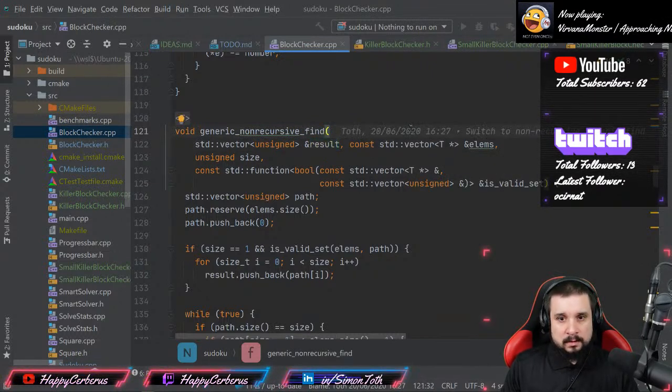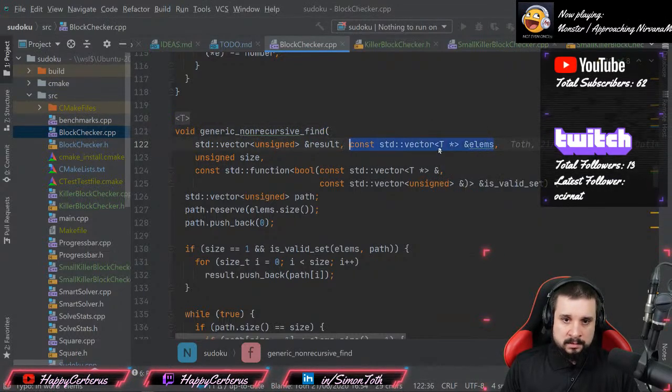Well, the tricky part here is that the number of elements is actually bounded. So how I use this function is that I'm always picking out of a block, a Sudoku block. But each Sudoku block inherently is limited to the size of the Sudoku, right? So I will never have more than 9 elements in the elements over here for a 9 by 9 Sudoku. So I might as well just use my Sudoku square,